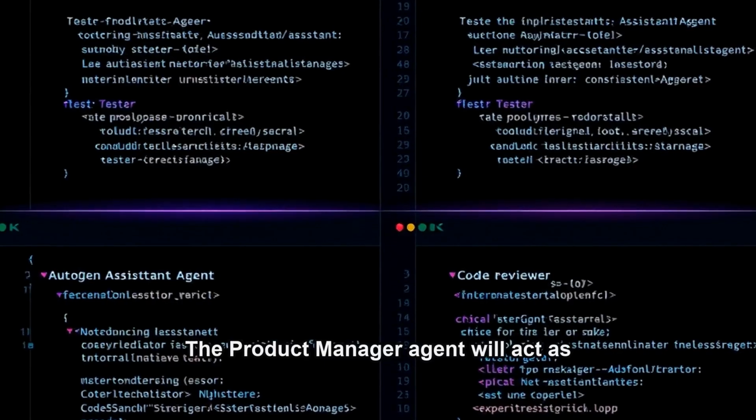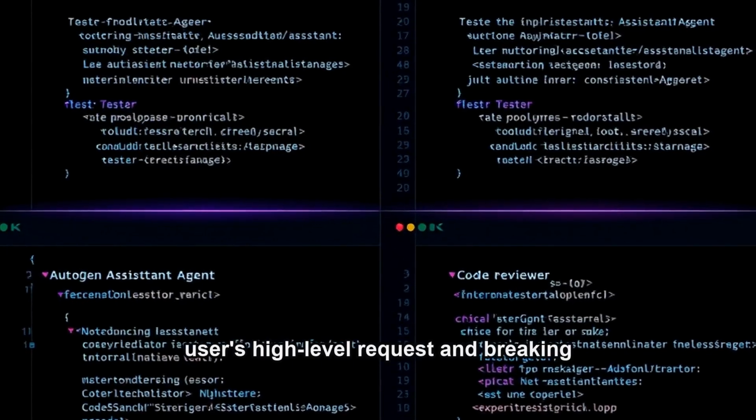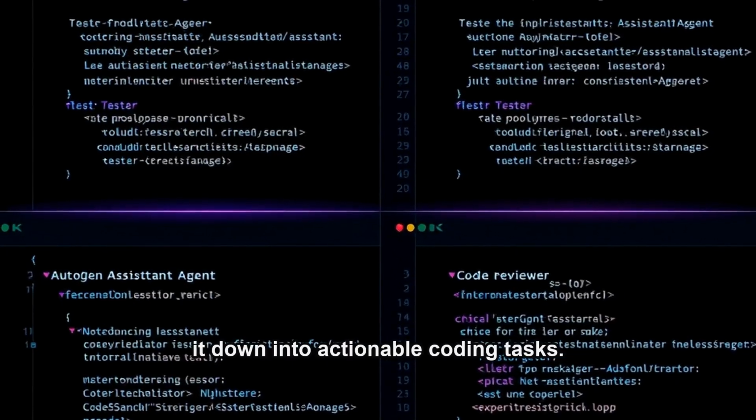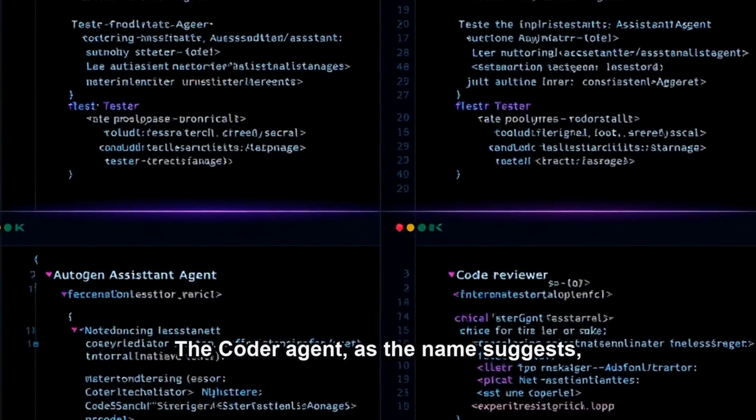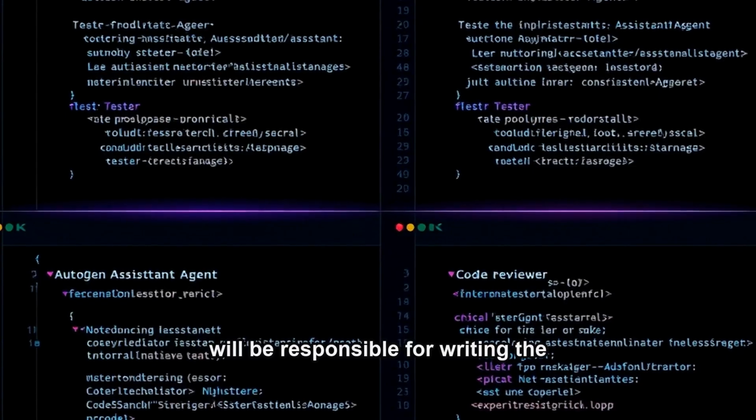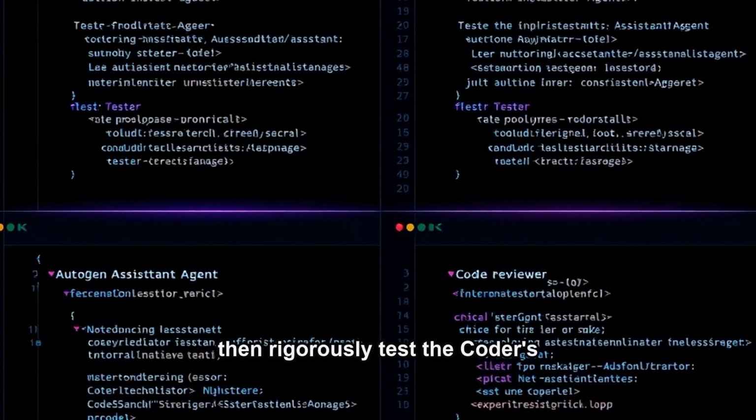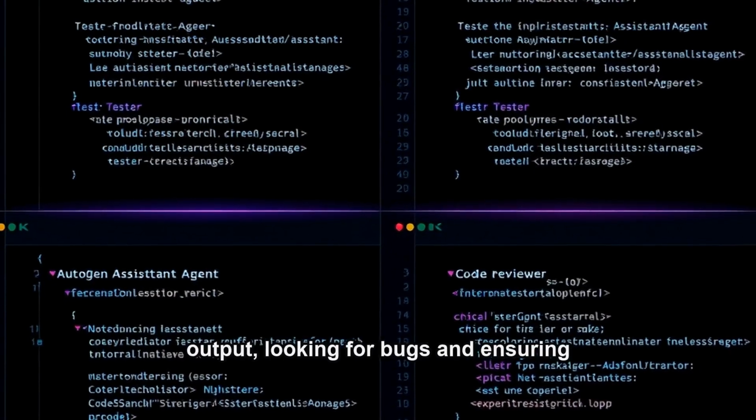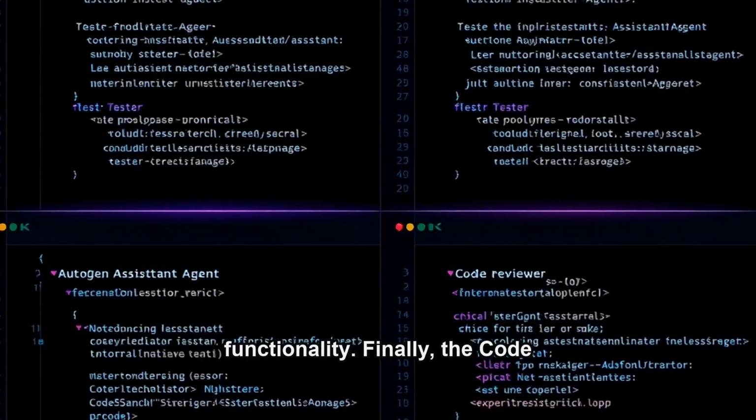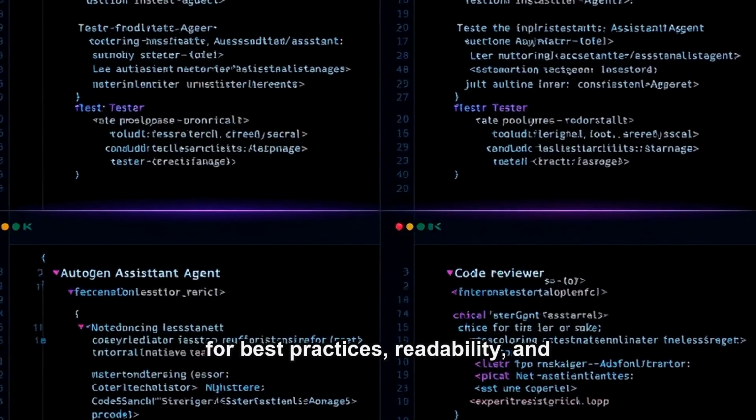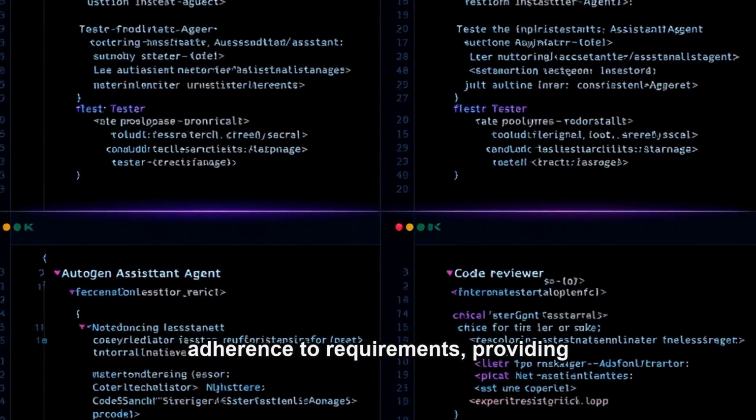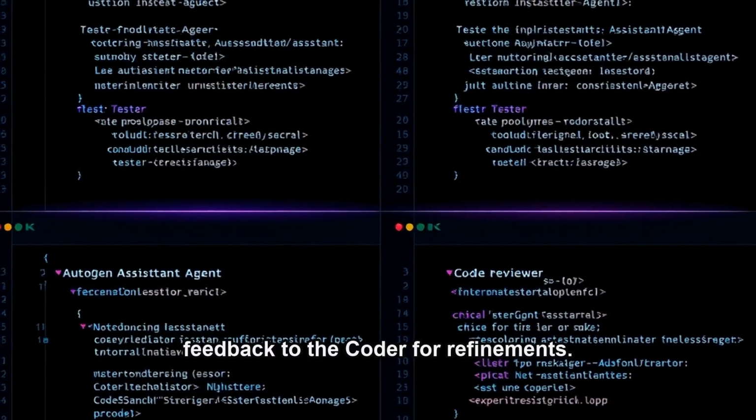The product manager agent will act as the initial interface, taking the user's high-level request and breaking it down into actionable coding tasks. The coder agent, as the name suggests, will be responsible for writing the Python code. The tester agent will then rigorously test the coder's output, looking for bugs and ensuring functionality. Finally, the code reviewer agent will evaluate the code for best practices, readability, and adherence to requirements, providing feedback to